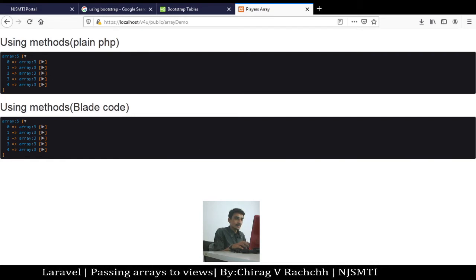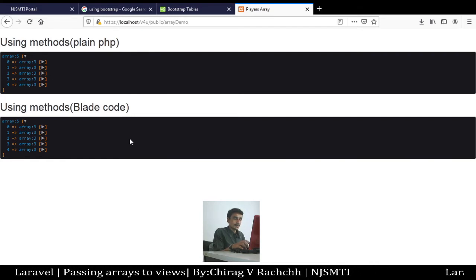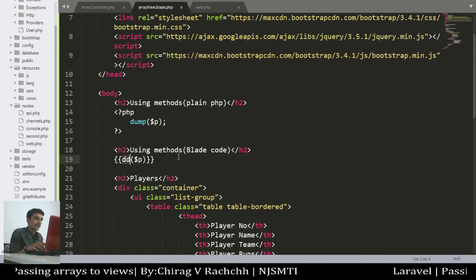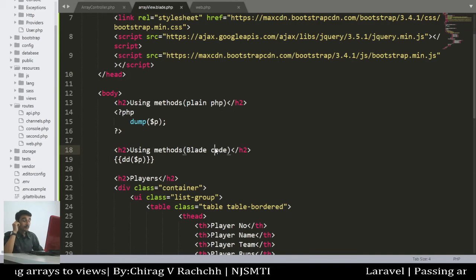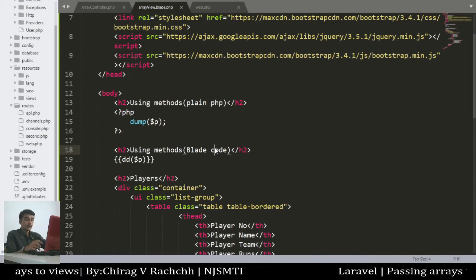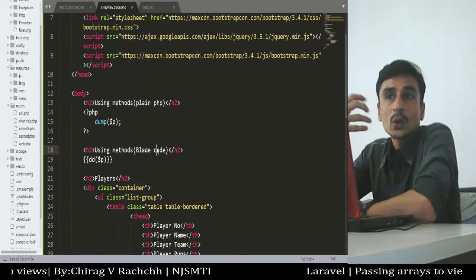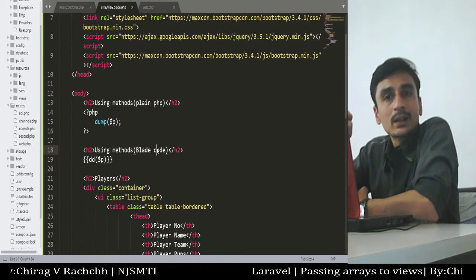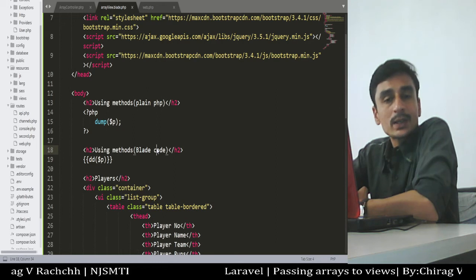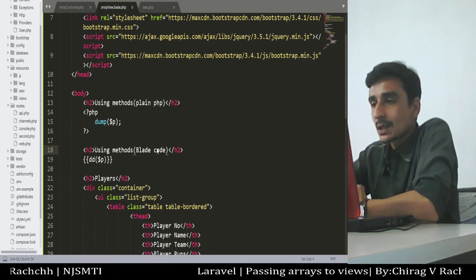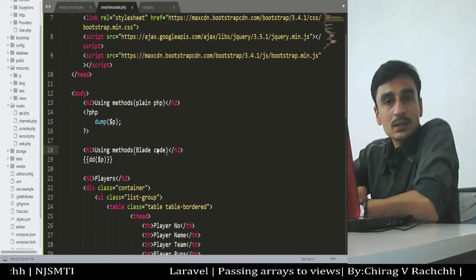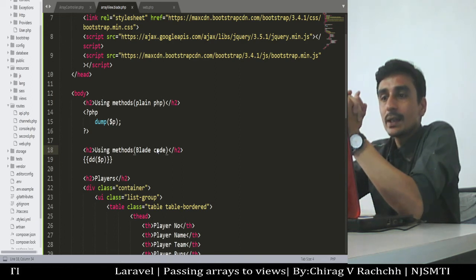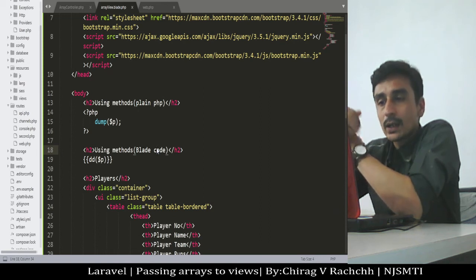So this is the code using which we can test the array, or we can pass an array from the controller to the view, and we can also access the array within our view. We can extract the elements of an array. We can show them using any proper structure like a table structure, using the Bootstrap table class, or anything else. So this was all about passing an array and showing an array from my side.